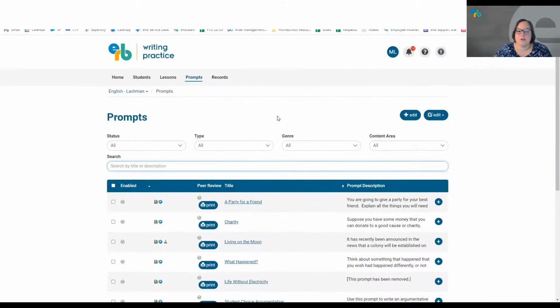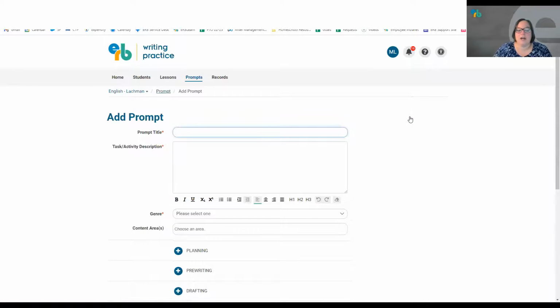One of the features that we really love about this program and that I want to make sure to point out to you: you can click the Add button up here in the prompts screen, and you're able to add a custom prompt. That's really valuable. It's actually one of the most used tools we had, WPP, and we're excited to bring it back here with even some additional features.